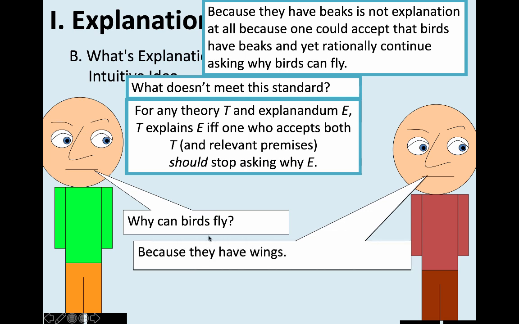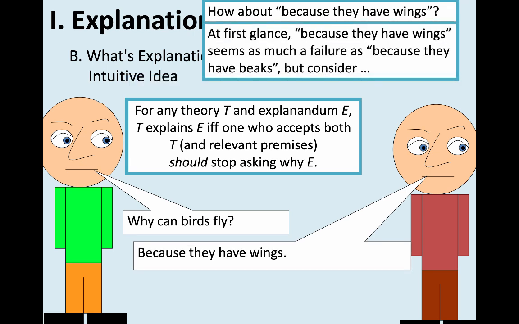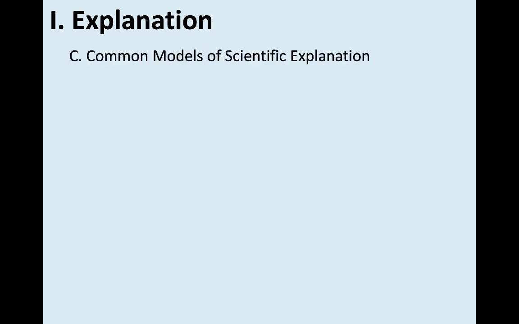By contrast, if maroon says, well, birds can fly because they have wings, and fills it out and says, and things with wings tend to be able to fly, provided they're light enough weight, and birds are light enough weight, and so on. Green won't be able to say, well, I agree that birds have wings, I agree that things with wings can typically fly, provided that they're light enough and the birds are light enough, but why can birds fly, right? That would be irrational. Okay, so that's the intuitive standard for being an explanation.